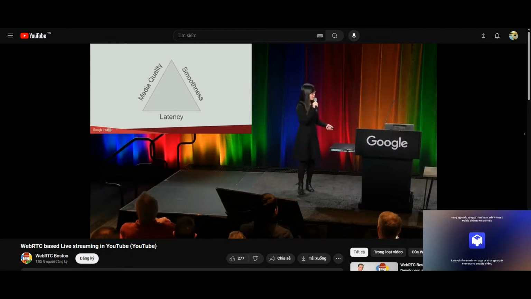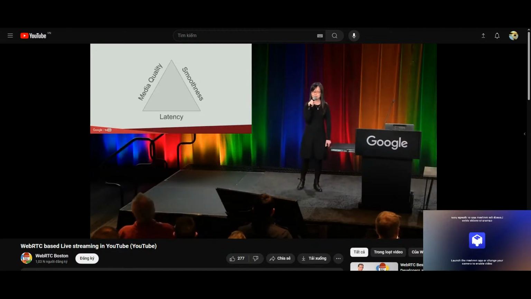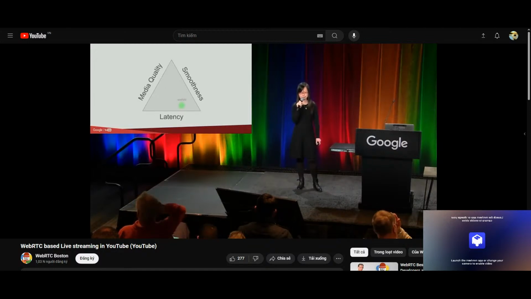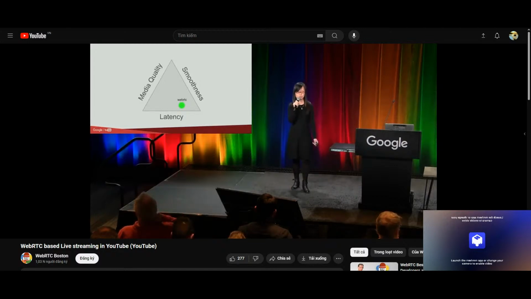So media quality, smoothness in playback, and latency are the important metrics we look for in a live stream, and same as a video chat, actually. So in the ideal world, we would want good media quality, low latency, and very smooth playback. But it is very hard to achieve when the network condition is poor. So we need to make trade-offs. WebRTC, under poor network conditions, is pretty aggressive to trade off media quality in order to maintain